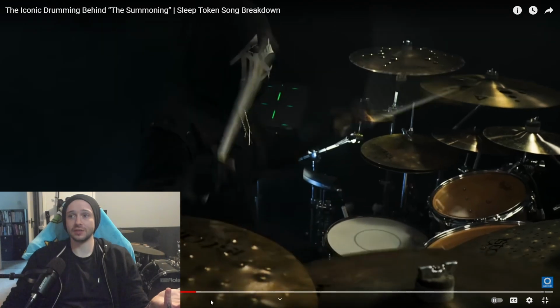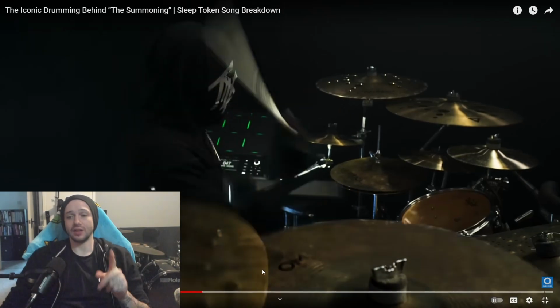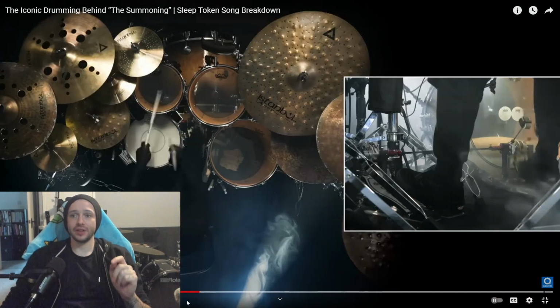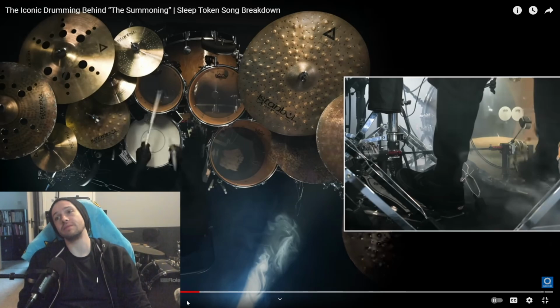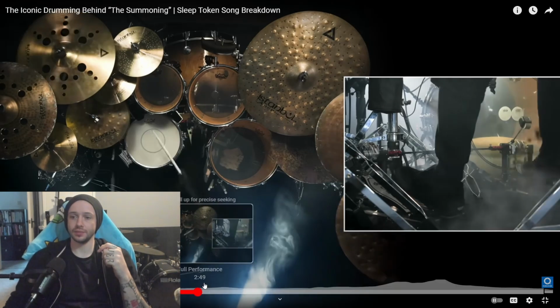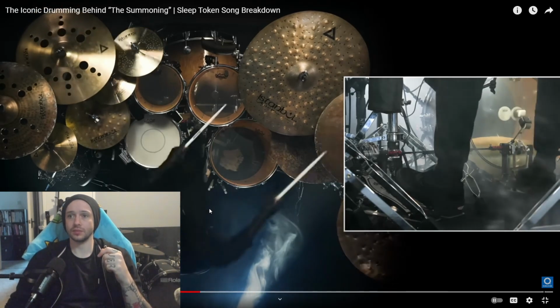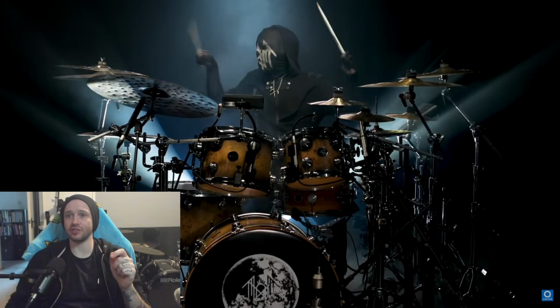Let's see if we can catch it. There it was. And that little drum fill there, I think that's just a right-left kick, but the timing of it is leaving a gap after the right-left kick into the next note. Ba-ba-dum, ba-ba-dum, ba-ba-dum, ba-ba-dum. Which I believe if you were counting that, it would be 1 and a, 2 and a, 3 and a, 4 and a. Ba-ba-da, ba-ba-da, ba-ba-da, ba-ba-da. Nice cymbal catch, love it.